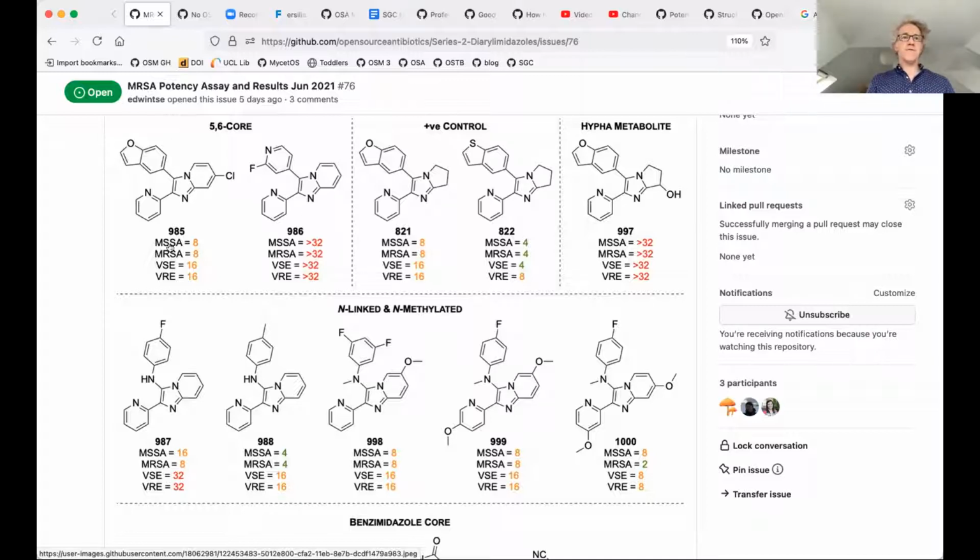The 5,6 core over here, I guess this is just the compounds with this extra bit here. Ed, you separated these out as the 5,6 core. I guess this is just with this fused ring, with a direct link to another aromatic ring, right? Yeah, it's just like the positive ones, but just with a 6-membered ring. Right. Unsaturated. Okay. So direct comparison between here, yeah. Right. Got it. Okay. Sniff of activity, but nothing spectacular.